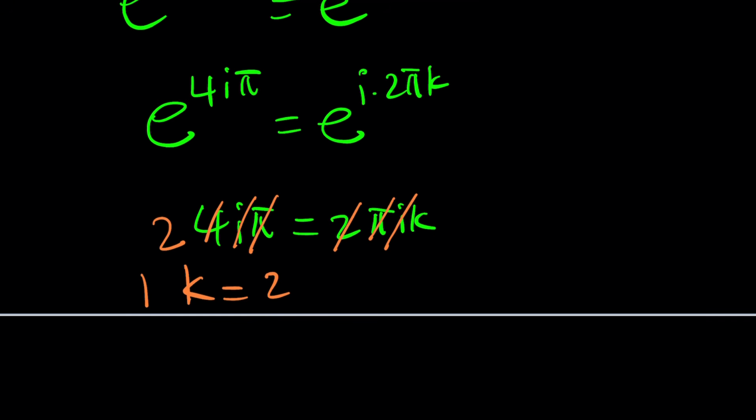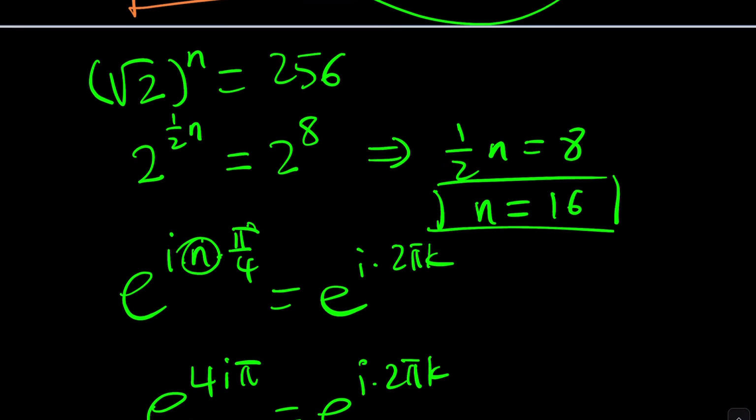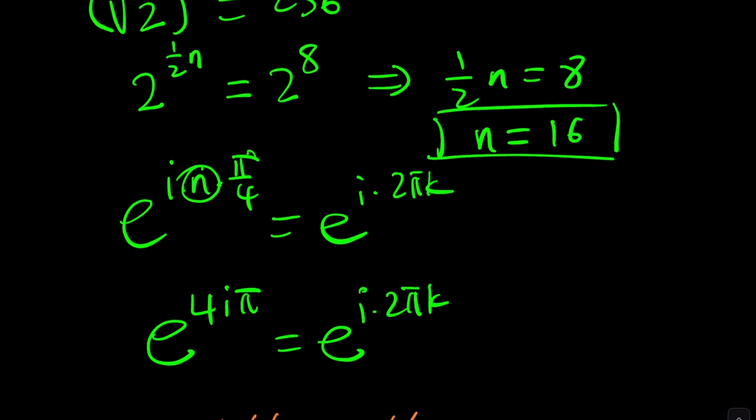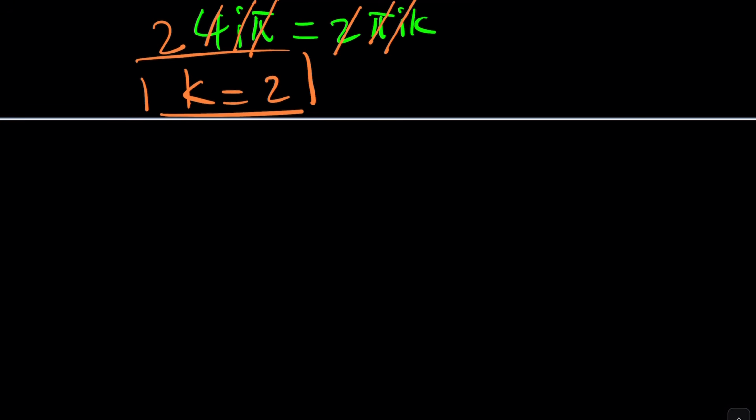K gives you 2. Now, what happens if k is equal to 2? Then you get something like e to the power i times 4 pi. Is that meaningful? I don't think so. Because we already got the n value, I don't think it's going to contribute to anything. But let's go ahead and take a look at the second method real quick,